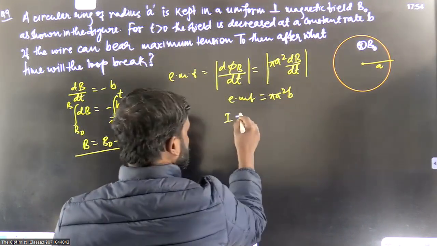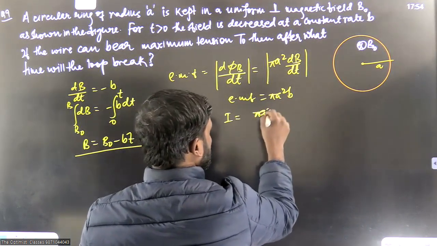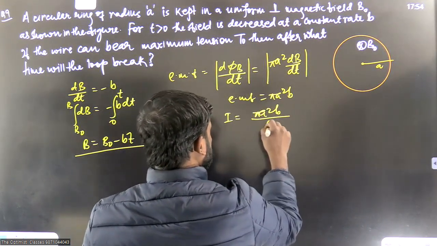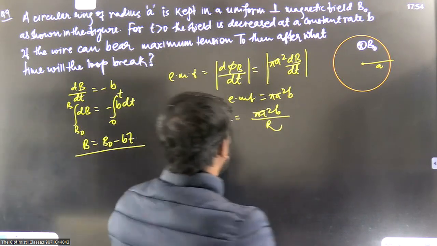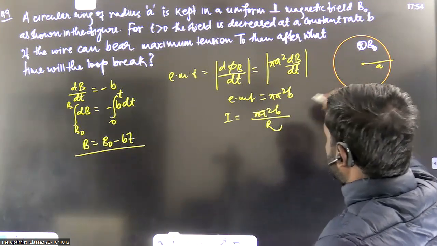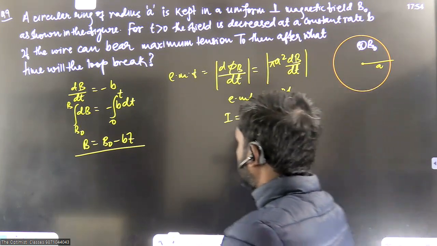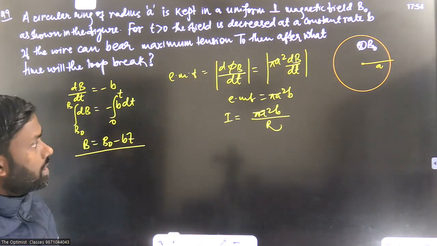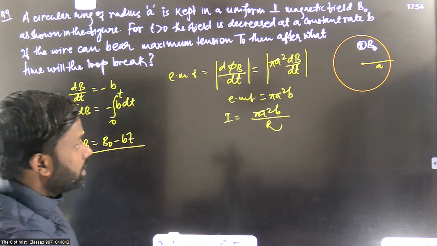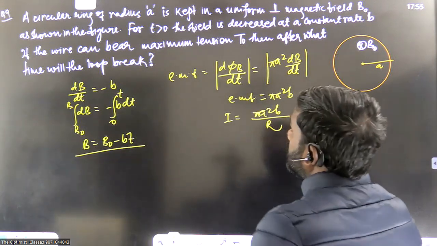If you calculate the induced current, it is pi a square B divided by resistance. Resistance is not mentioned, but we'll assume that resistance is R. So we have written this is the induced current. We have calculated EMF, and from EMF, we have calculated the induced current. We are assuming it to be a resistive loop. So now the question